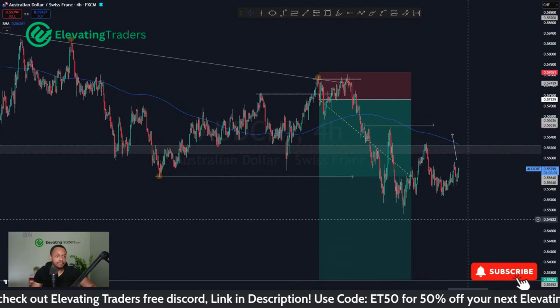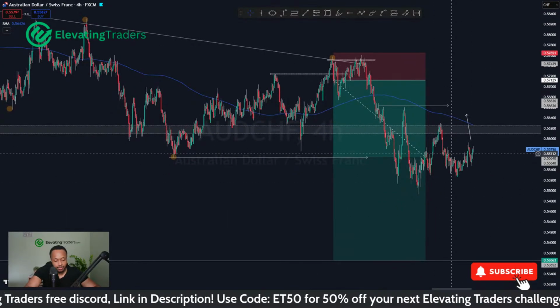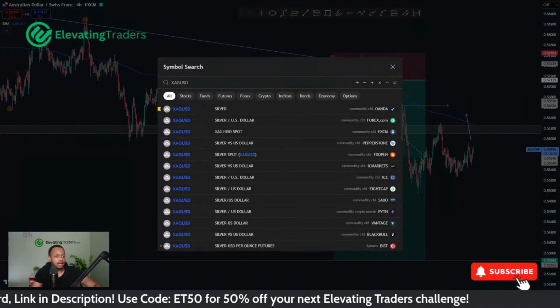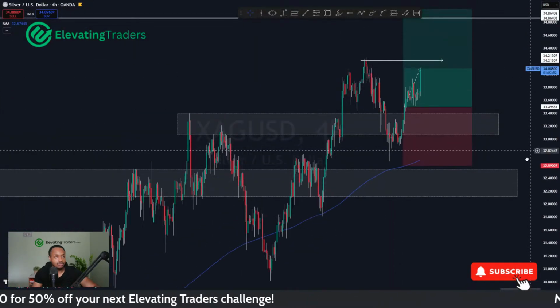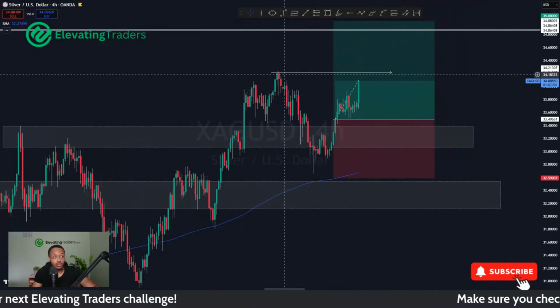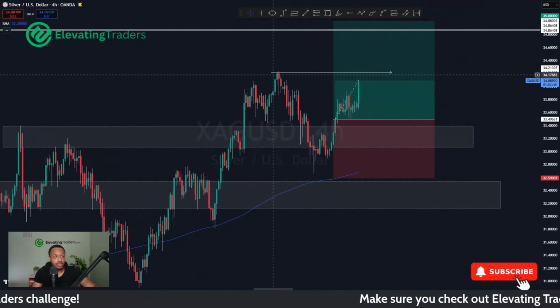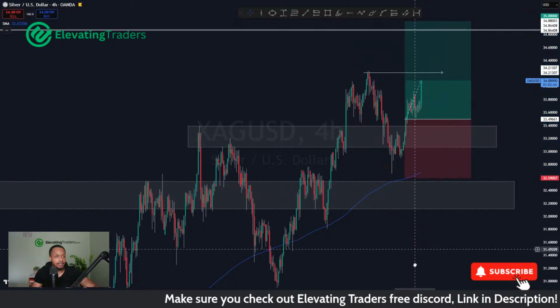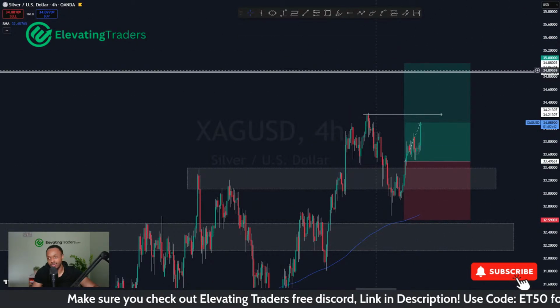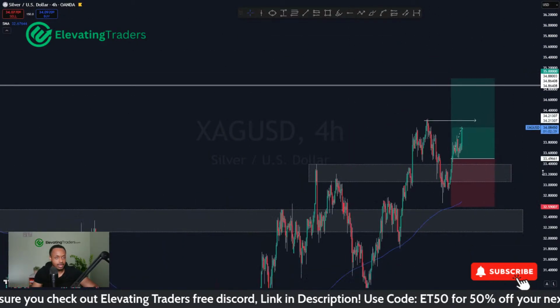Silver, we're going to manage that position. Nothing to do until we take out the swing high on the left. Momentum's looking pretty good at the moment, so that could be sooner than expected. But if we can take out the high, I'll probably start to trail my stop loss here. And my target's around 35. I won't be looking to take any profit until then, hopefully.